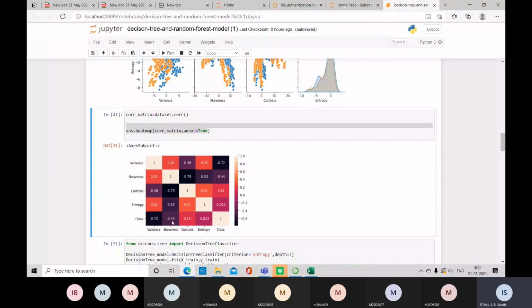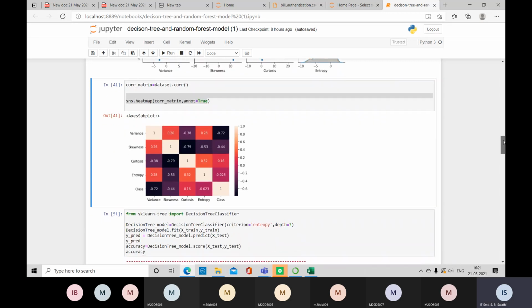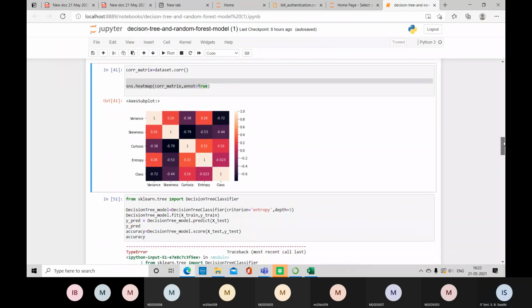So when you take these features, the probability of estimating the output is very, very less. So that is what is meant by correlation. 0.32 is related to entropy as well as kurtosis. It means these two features will work to give you the best result. So this is the advantage of this heat map.